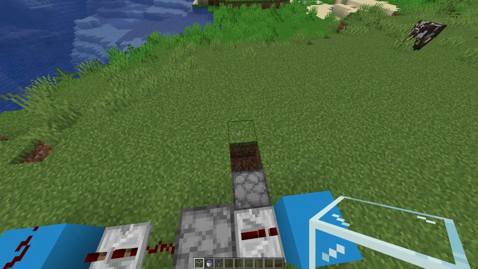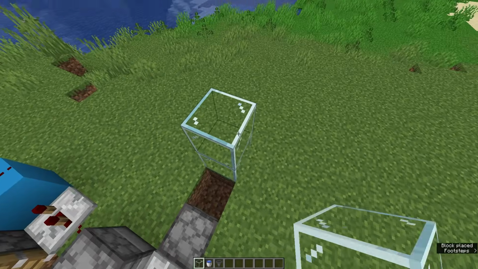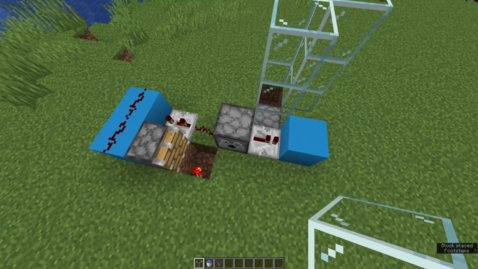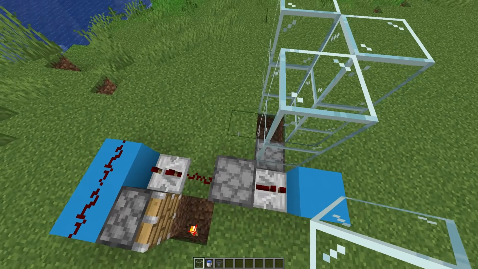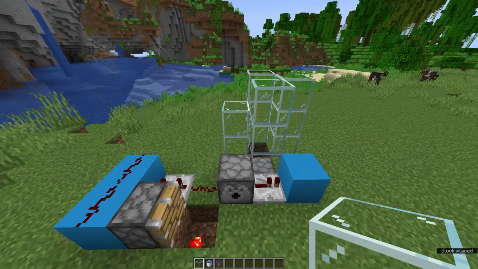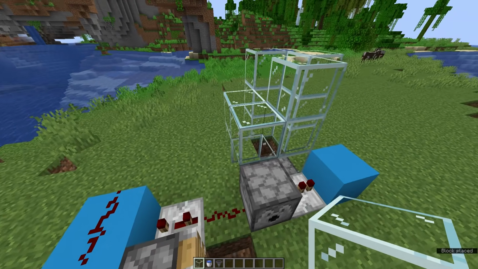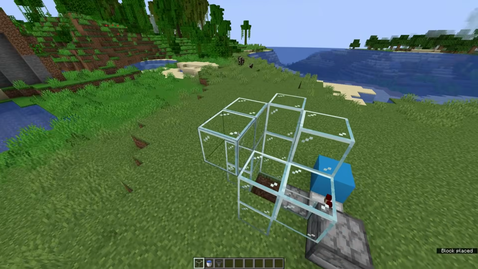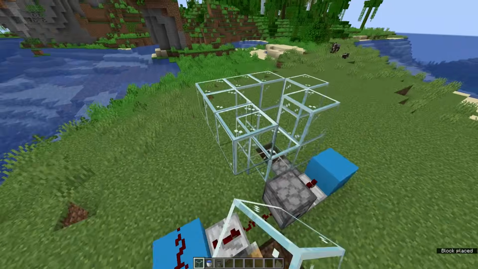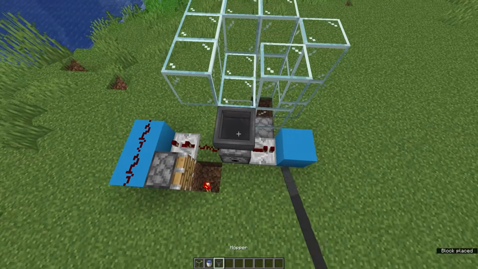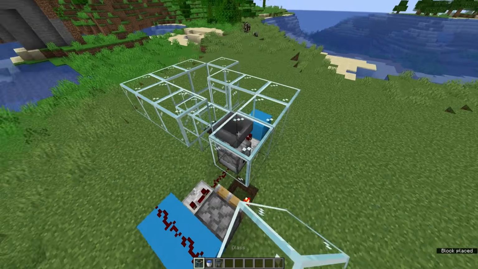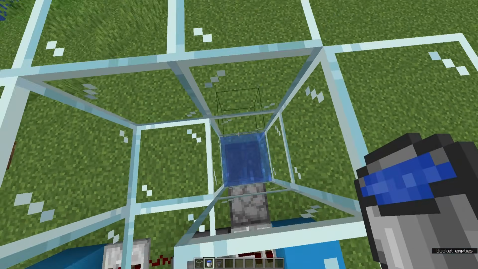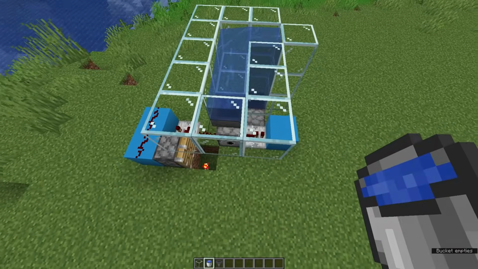Using some blocks, I'm going to use glass blocks, build up 3 like this, on all sides except for this side here, the side that is lined up with this dispenser. On this side, only come up 2. Then come 1 forward, so you stop at this dispenser. Then bring this edge around like this, place a hopper here, and then bring the edge around this, like that, and fill this up with water,